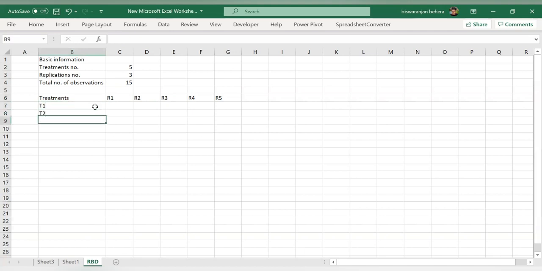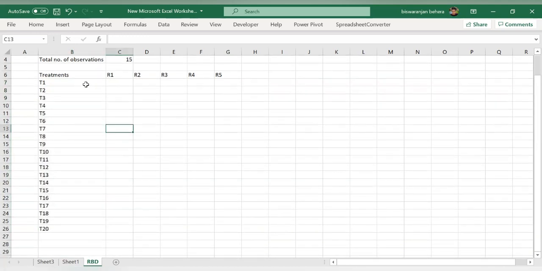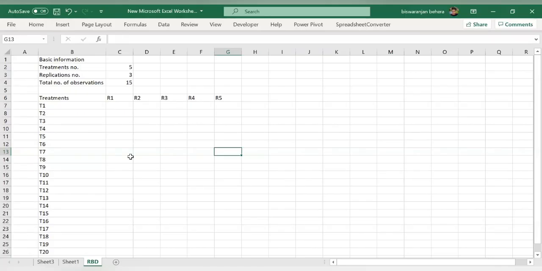Those are T1, T2, T3, and we will just select this and pull this down up to T20. So now it is here, T20. The area for giving data values is ready now, having 20 treatments and 5 replications.